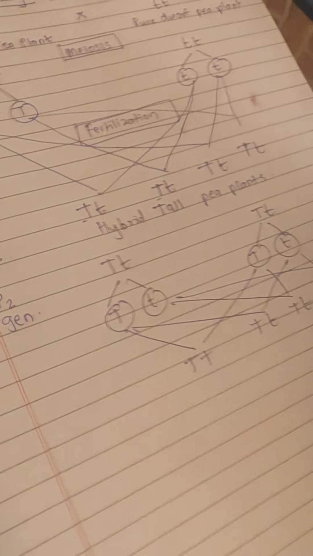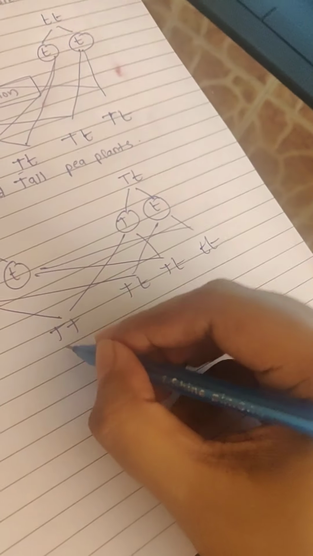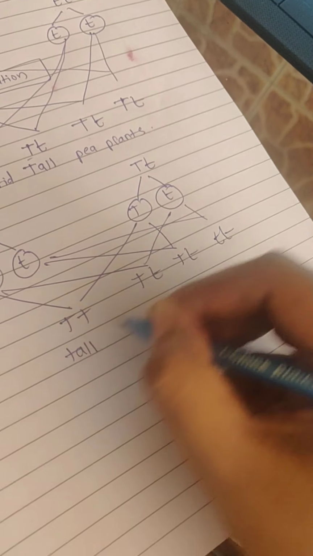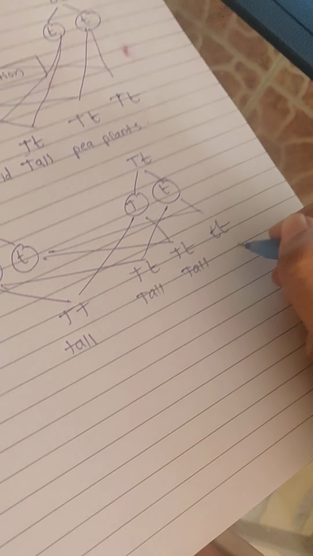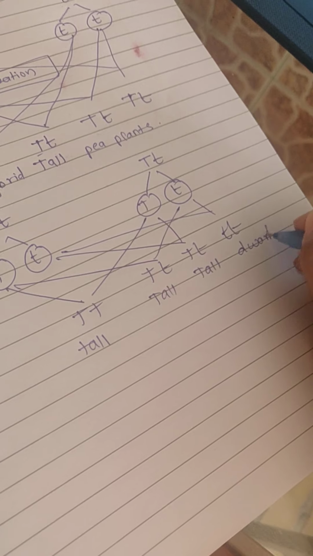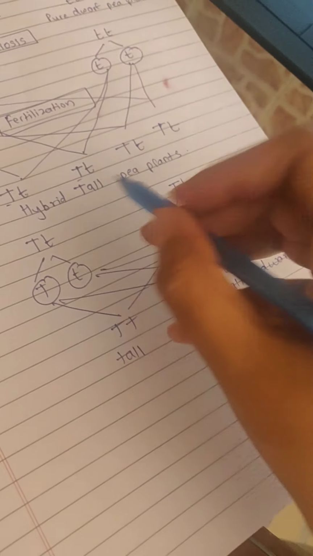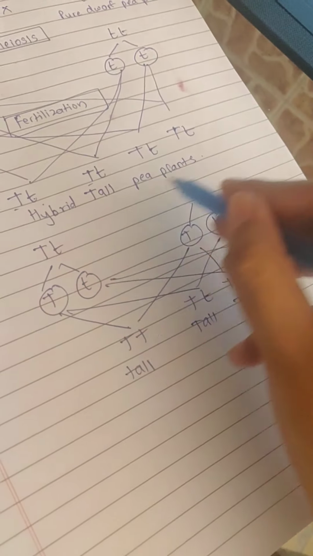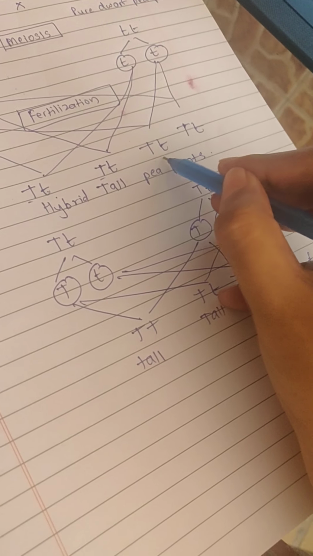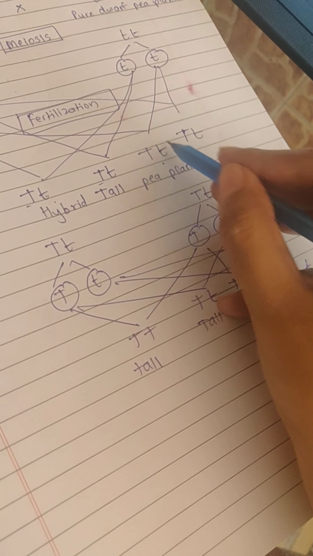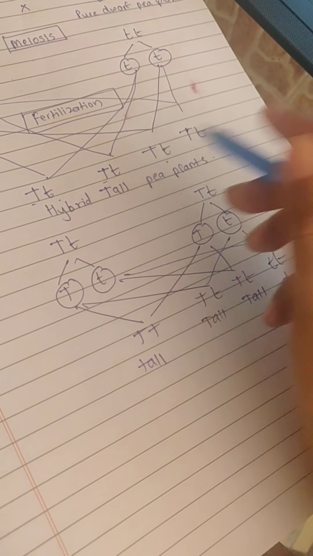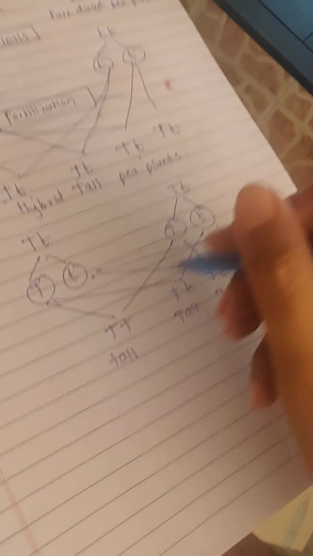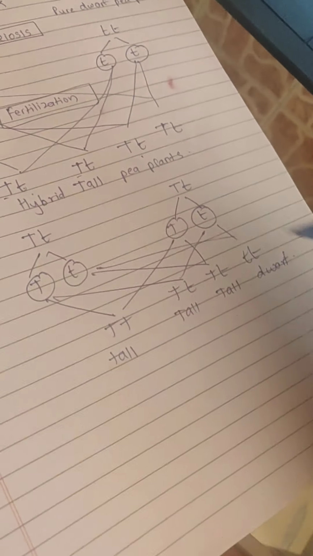And now here you can see, now we can see here that obviously this was tall, pure tall, this was also tall, this was also tall, but this turned out to be dwarf. Now this proves that probably in this generation भले वो tall थे, but अंदर उनमें ऐसे कोई characteristic था जिसमें shortness का gene present था, but it was not getting expressed, and that's the reason वो जब भी next generation में there is like a 1 in 4 chance that it will